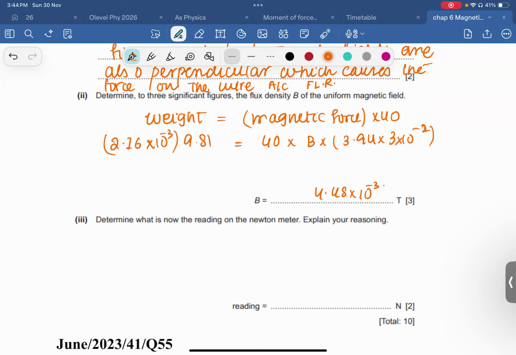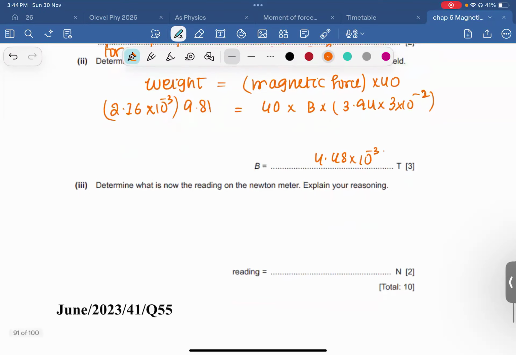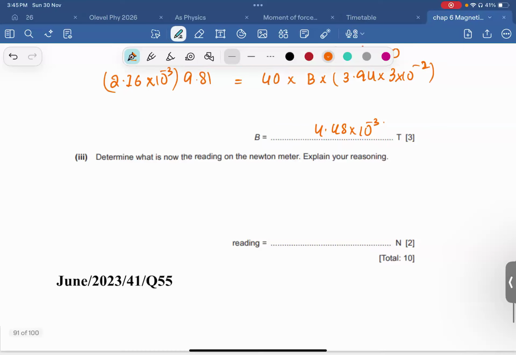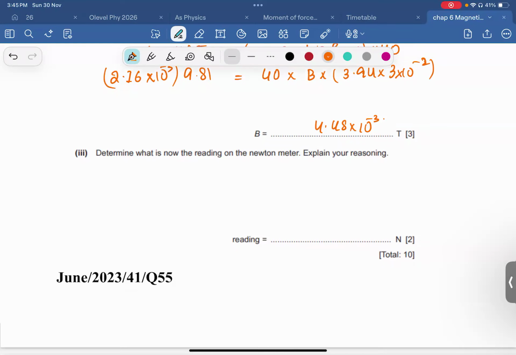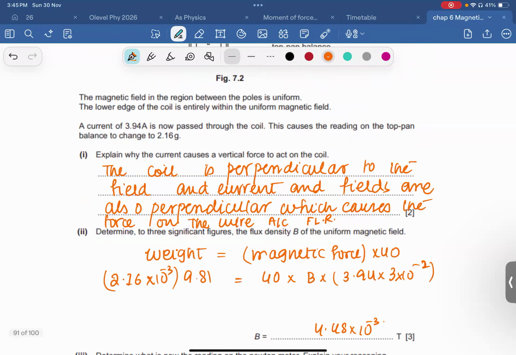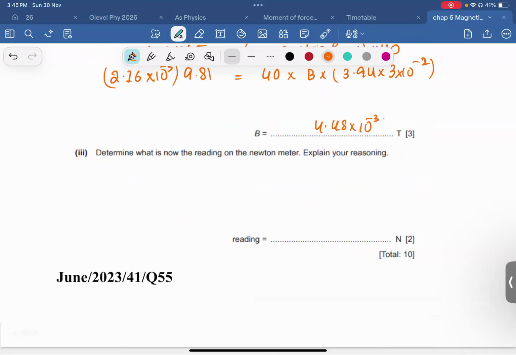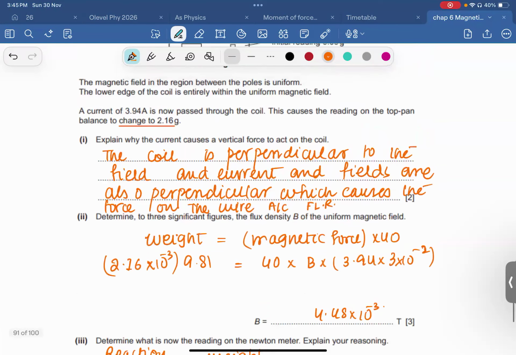This is one thing. Now determine what is the new reading on the Newton meter. Explain your reasoning. We are saying that this causes the reading on the pan balance to change to 2.16. They're not saying increase or decrease. So the normal reaction force is basically equal to the weight of the magnet if you don't have any current. But over here, we also have some amount of